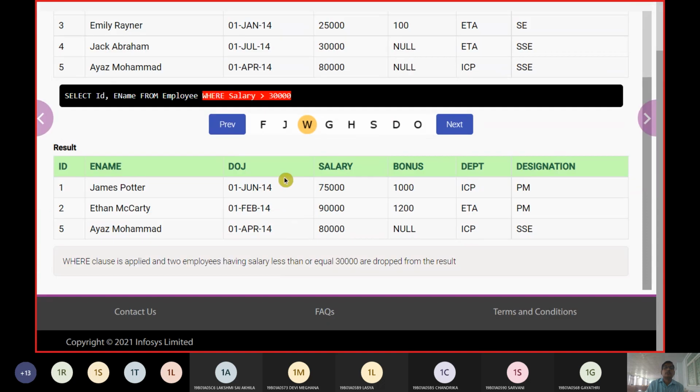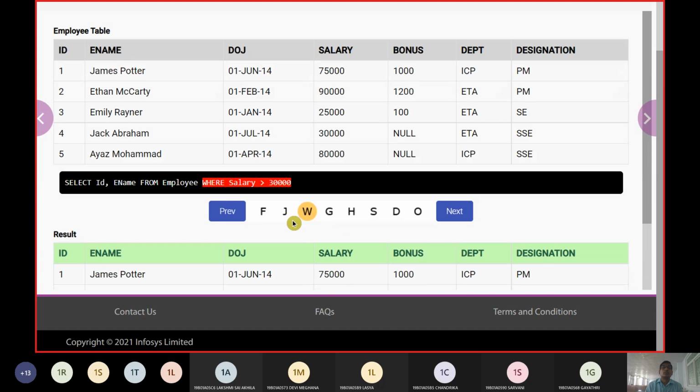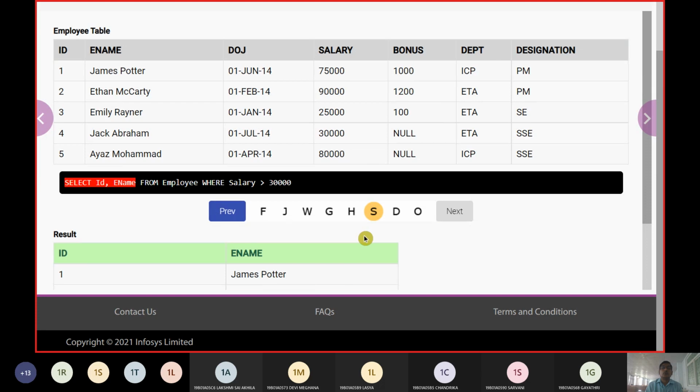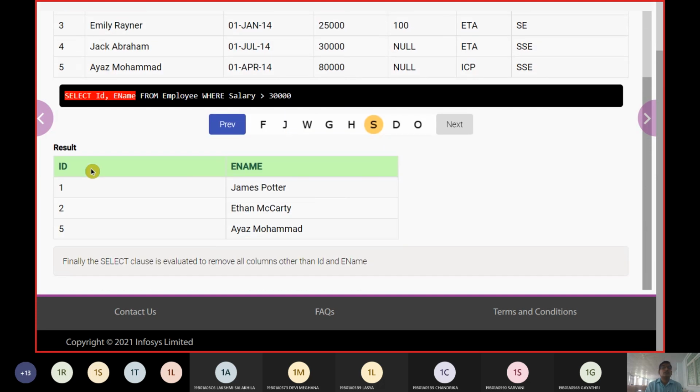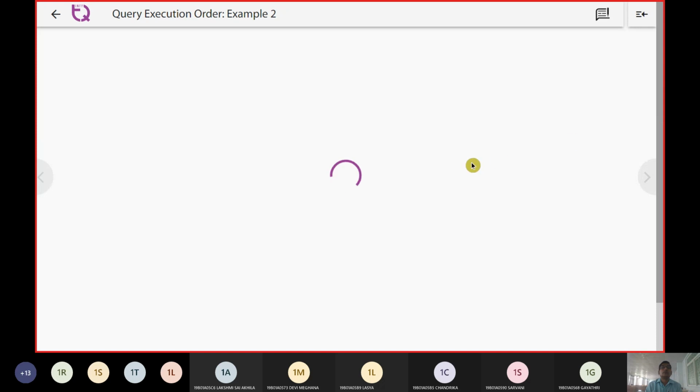Then it takes up the where clause. When it takes up the where clause, it drops the contents which do not fit the condition. There is no group by, then it goes to the select clause, and then it displays the three results. So in this model, we are going to execute the SQL query.